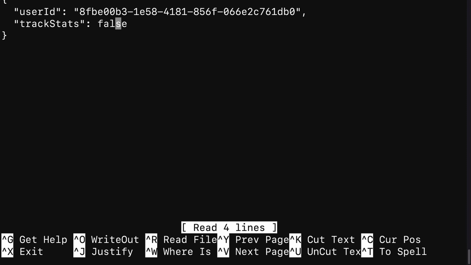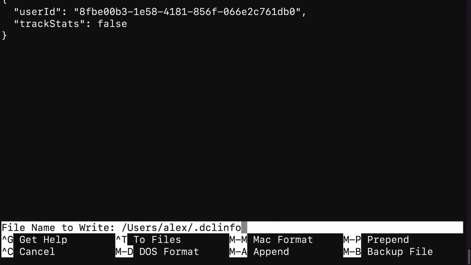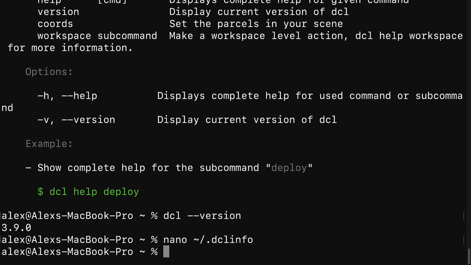So you just use your arrow keys on your keyboard to move around, and you can just hit delete to change values. When you're done, hit Control X to exit, hit Y for yes to save the file, and then hit enter on file name to write. This will bring you back to your terminal. And if you're on Windows, then you just have to edit the file with your notepad because you use the command notepad. So that is how you can install Decentraland and turn off tracking statistics or usage data. Join me coming up next. We are going to learn how we can use Decentraland and build scenes.